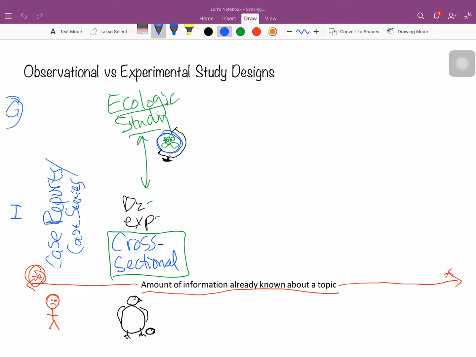The rest of these are all on an individual level. There are other ecologic level studies that can be done, but typically this is the one that most people are thinking of when you talk about an ecologic study. So for now, we'll just stick with that one on the group level. The next type of study design on an individual level is a case control